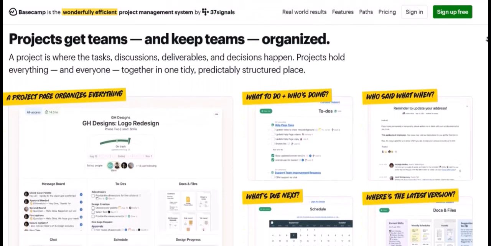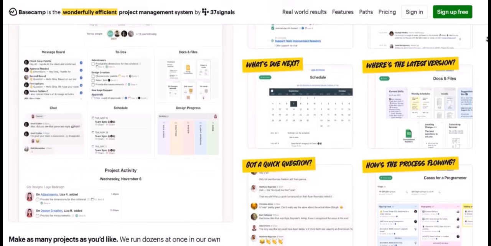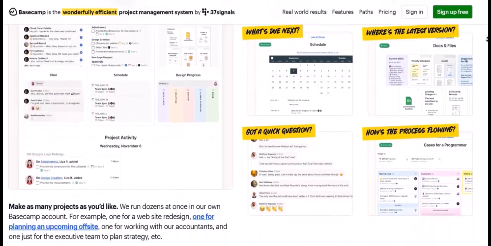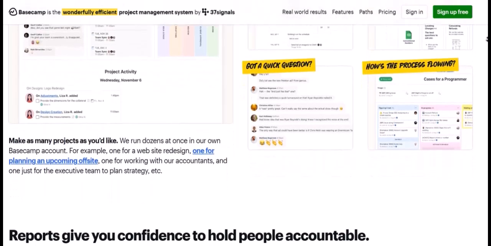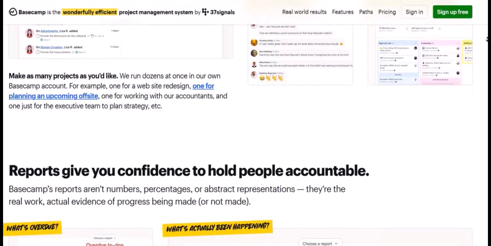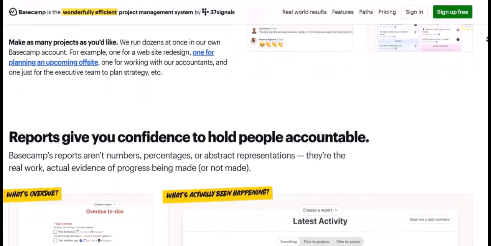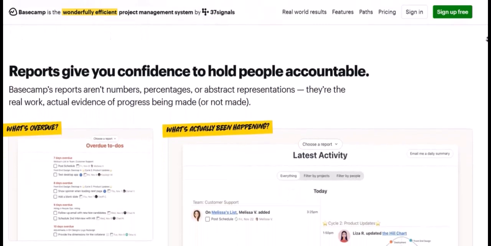Enhanced reporting. While Basecamp isn't a complex reporting tool, the clear assignment feature allows you to quickly see what's assigned to whom, what's overdue, and what's completed. This quick visual status check is invaluable for daily project oversight. Empowered team members. When individuals are clearly assigned tasks, it empowers them to take ownership and pride in their work. They know exactly what's on their plate and what they need to deliver,